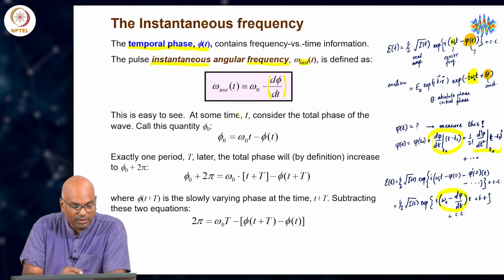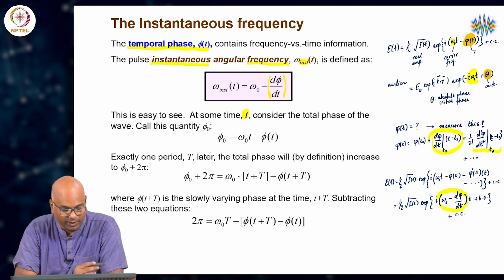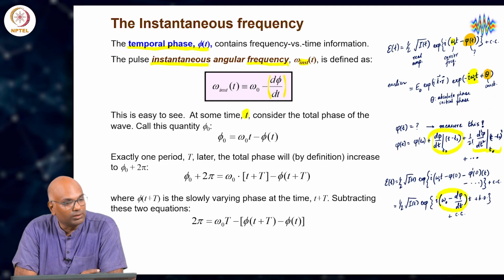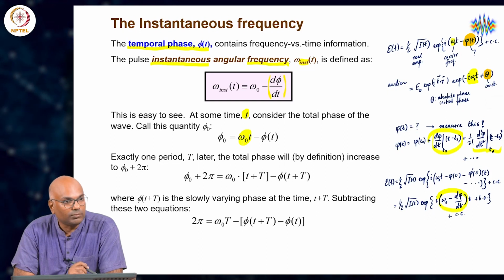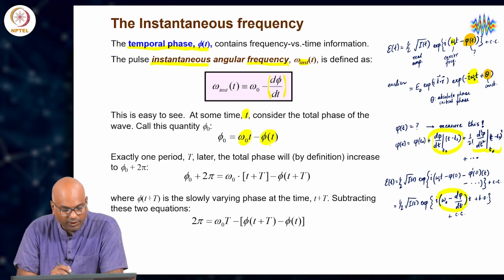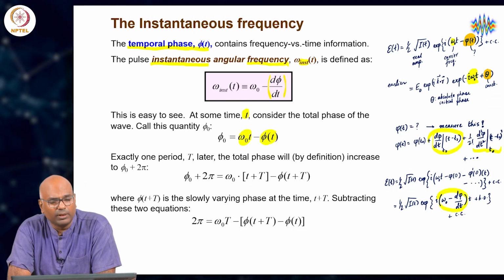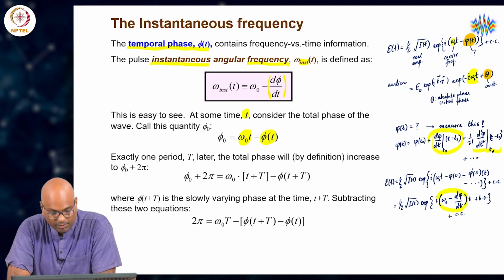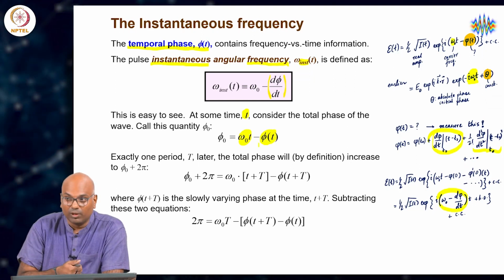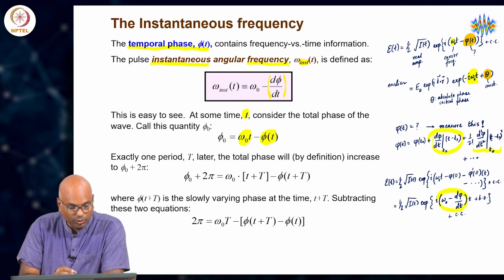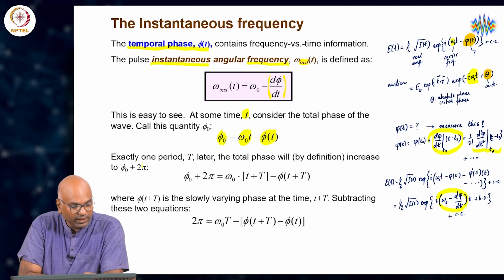In other words, consider a particular time t equal to some instant of time, or we could have called this t naught. At that instant, the total phase of the wave is omega naught t minus phi of t, without any approximations for phi, in its full glory, the full Taylor expanded phi. In this case, you should know phi to as many Taylor terms as necessary, or have some other analytical way to figure out what phi of t would have been. If either is the case, then you know this, and we can determine phi of t at any instant of time. Now, exactly one period later,